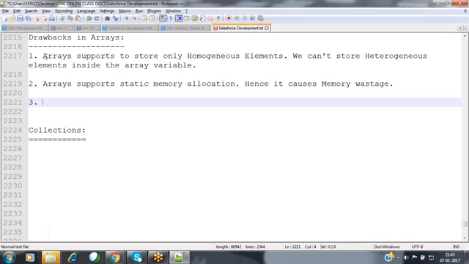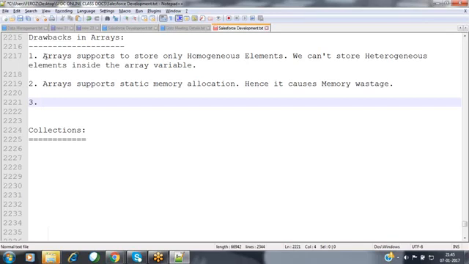Based on that size only, we can store those elements here. Now, whenever you are storing the elements inside this array, I have specified the size as 10, but I want to store some more elements inside that array, but that is not possible.